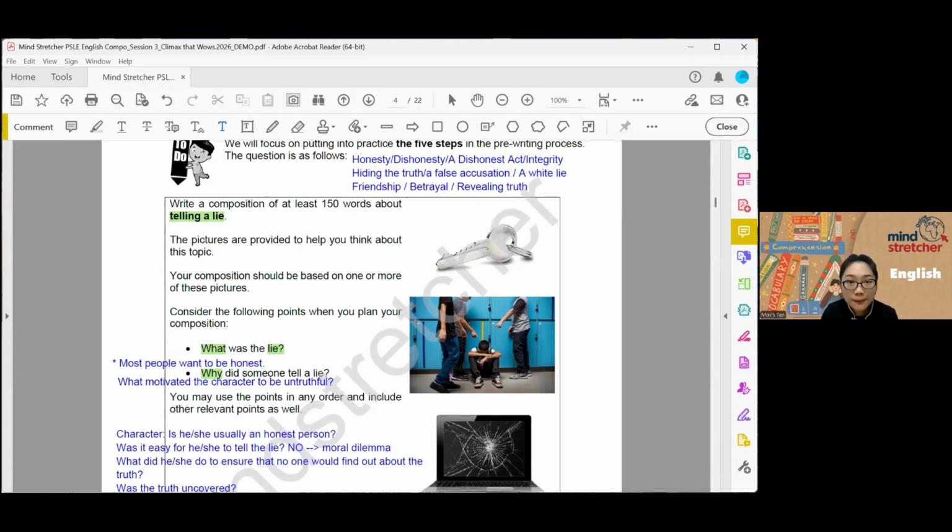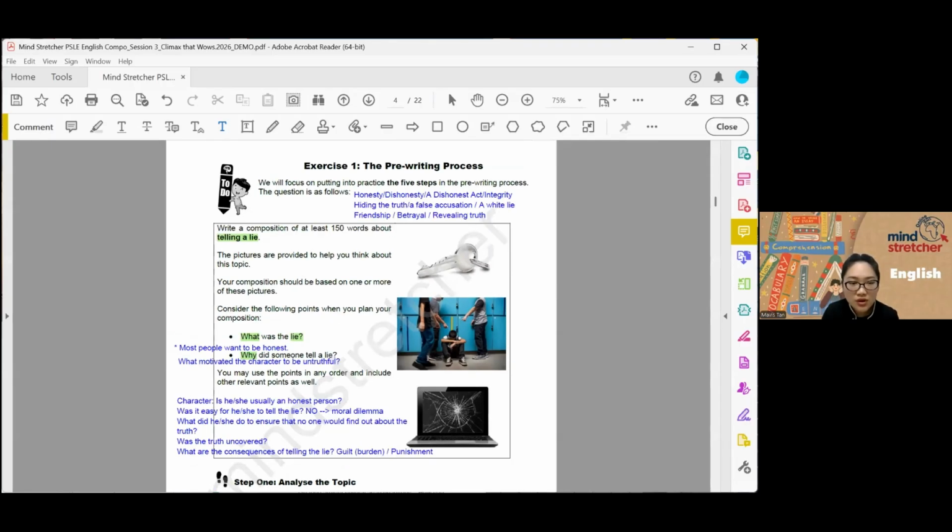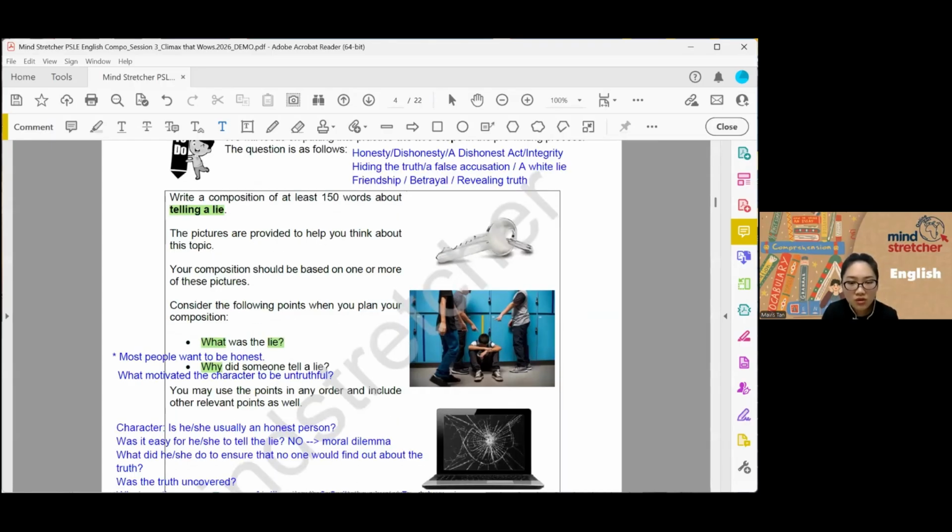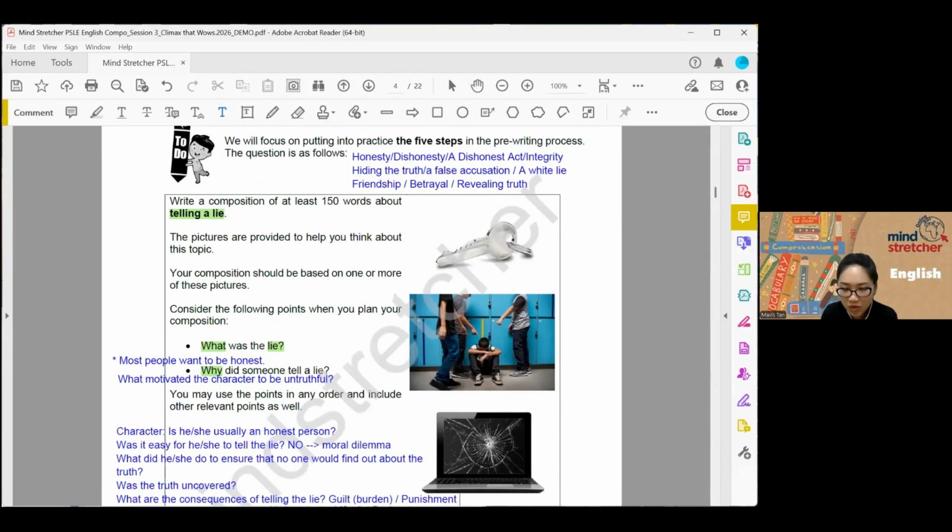Can I scroll up a bit? Okay, let me just, oh, this is a bit too small. Okay, let me do this. Expand it a little bit. Okay, now you can see. Okay? All right. Let me wait for another 10 seconds.